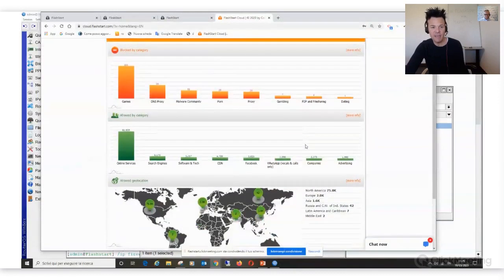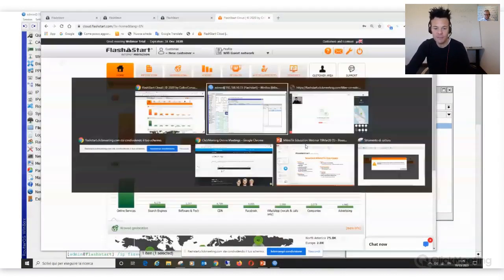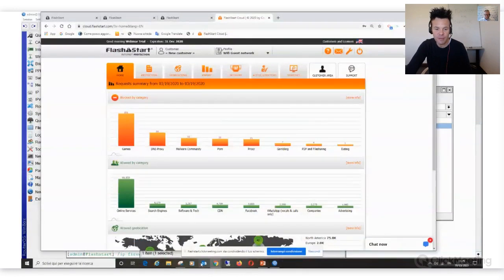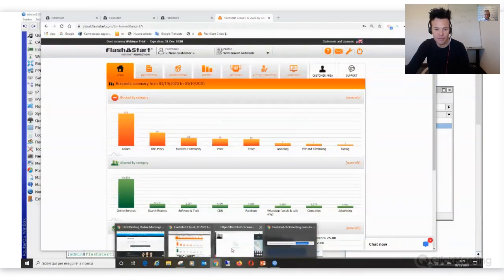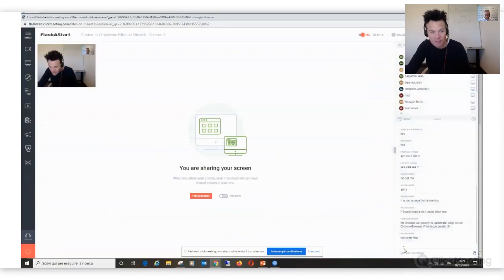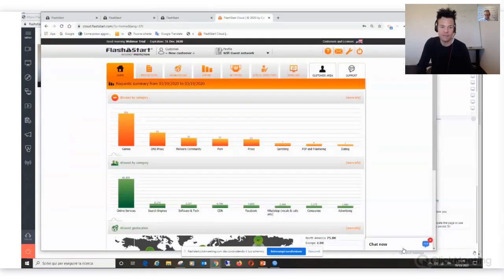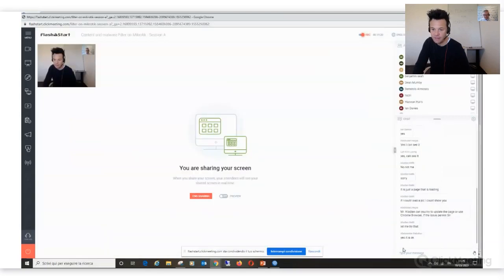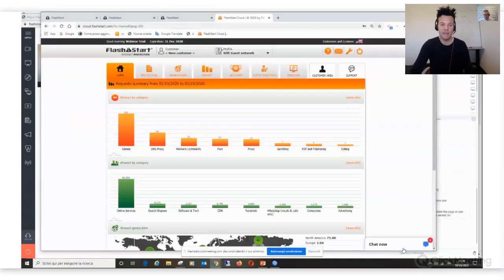Can you see correctly the whole screen? Is it too narrow or too small? Is it readable, guys? Just a confirmation in the chat. Okay, if you can correctly see our screen. Just a confirmation if it is readable, David? I think so. Okay. Let me enlarge. It's readable on my